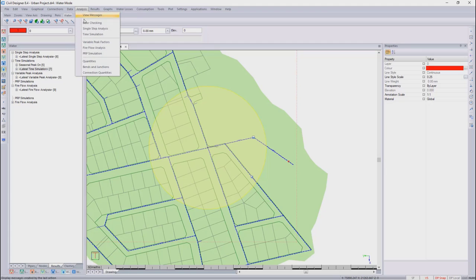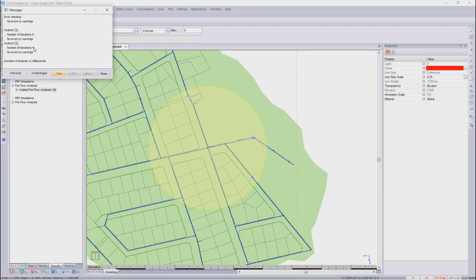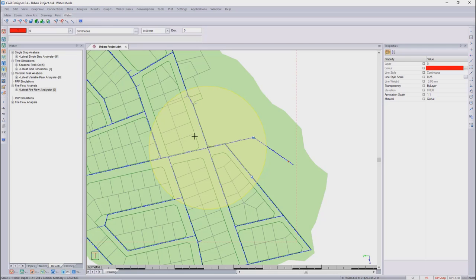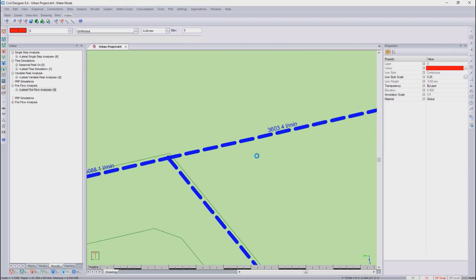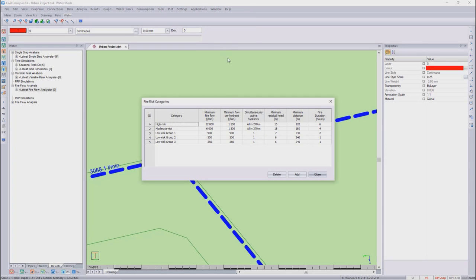So we'll go over to Analyze, Fire Flow Analysis, and we'll press Start. We'll check for messages. We don't have any warnings at this stage, and we can then zoom in to our hydrants. If we go to our tools catalogs and fire risk categories, we'll see that we need for the high risk